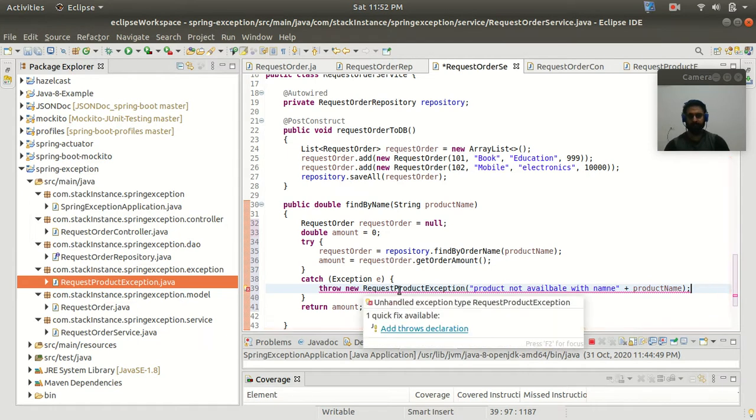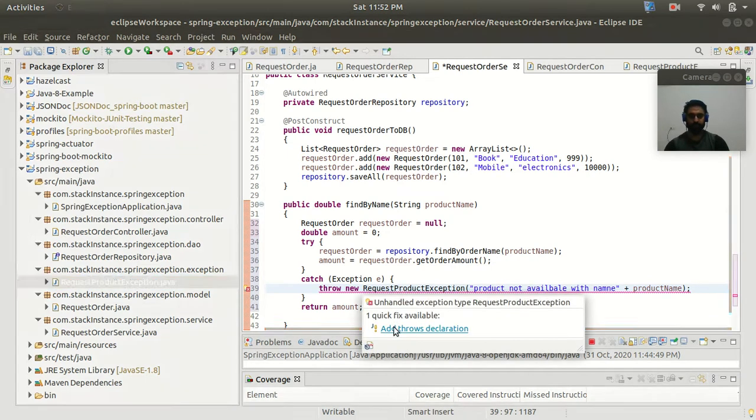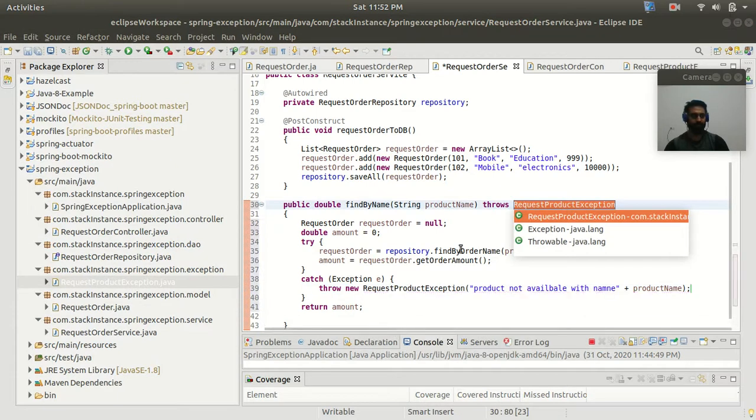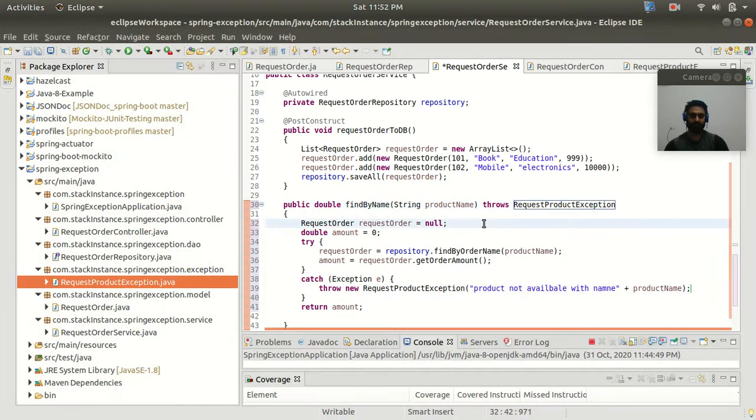Here we need to add a throws clause also. So let's add a throws clause, passing request product exception.